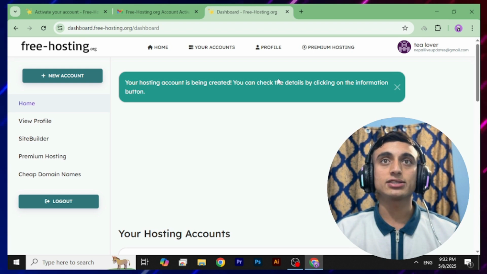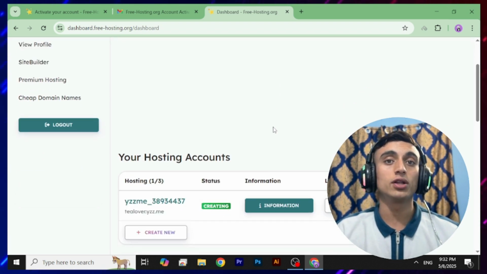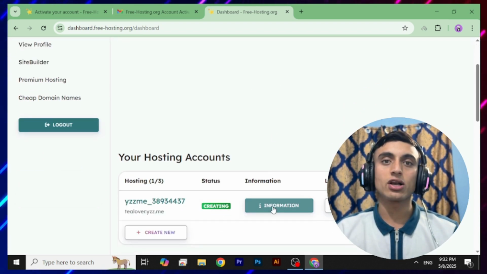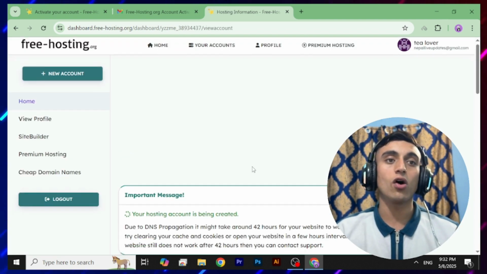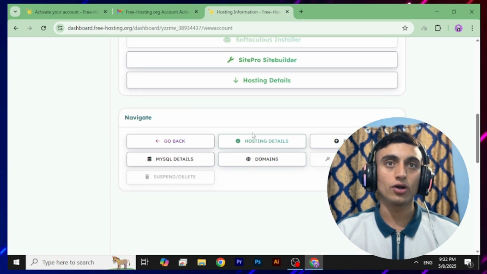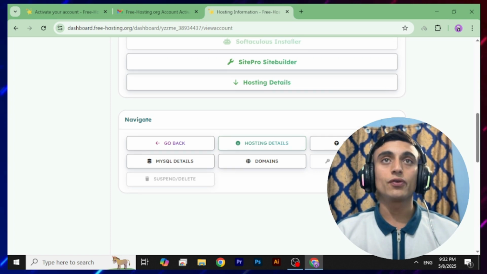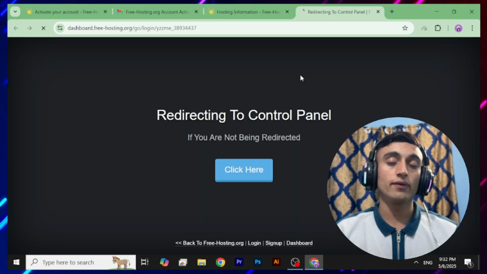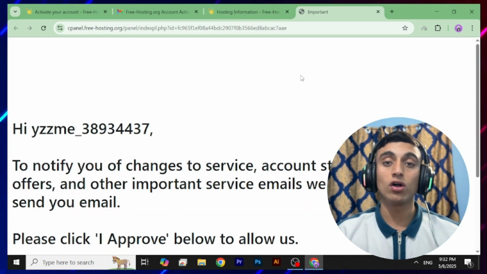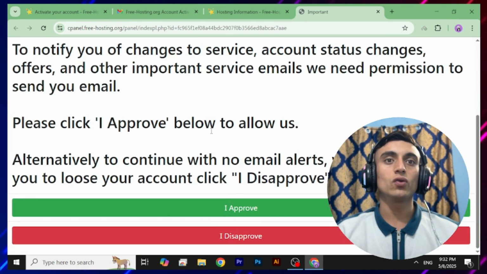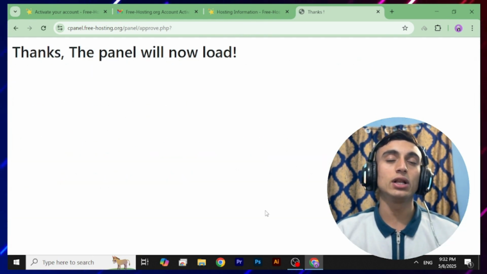Okay, so you can click on this details option to view all the information of your website. Just click on information and you will be able to get all the hosting details from here. Okay, so you can easily find hosting details, FTP details, and MySQL details from this option. But before that, we'll go to the control panel of this website, by which you can manage all the things for your website. For example, we click on "I approve", and this will redirect you